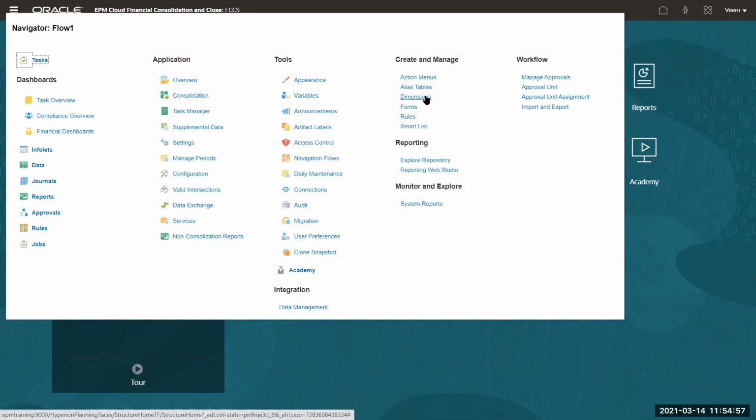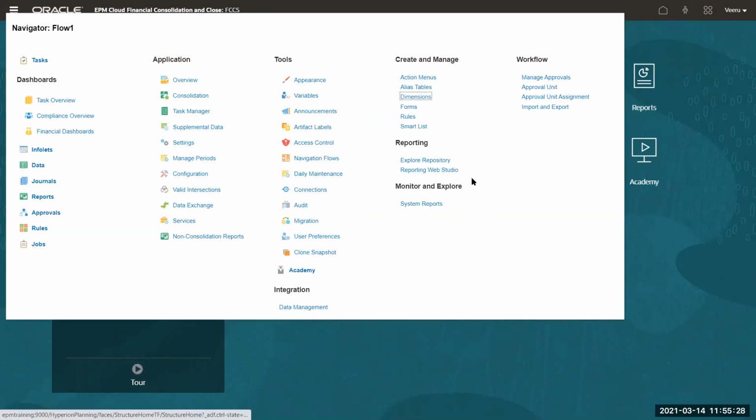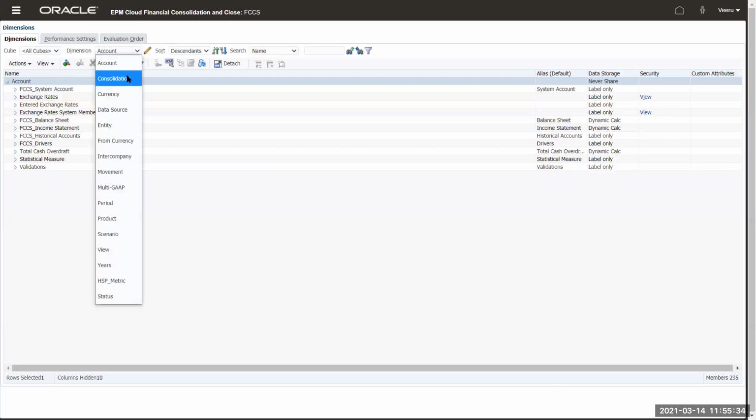So stick to what is there in SCCS, and then create groups. My suggestion is create groups, assign users to those groups. That way you manage security at a group level, not at individual user level, to make it more convenient and less maintenance. If you do it at a user level, it's a huge maintenance. If you do it at a group level, it's very little maintenance. Okay, that is on the security. So let's now talk about the dimensions other than account and movement. We'll talk about one by one. Let me skip account. I'll go to consolidation.